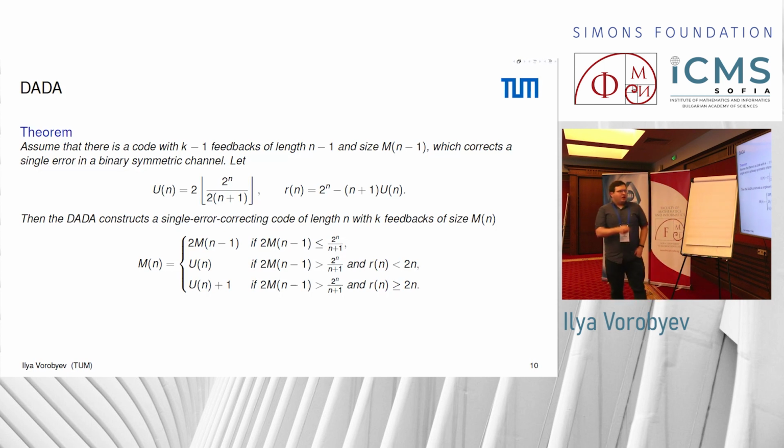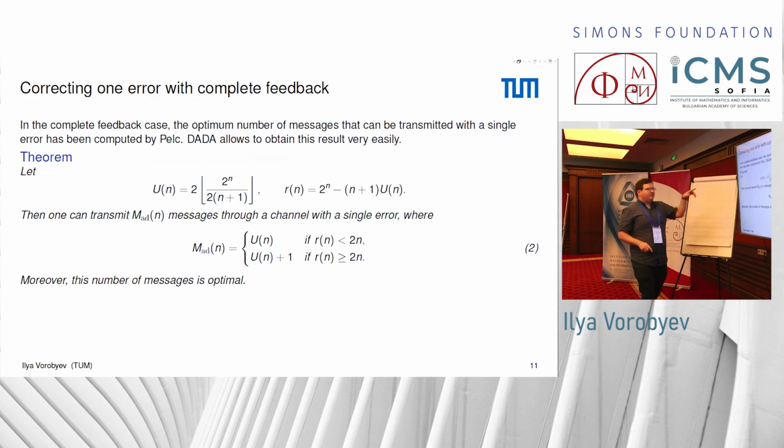Okay. And for example, we can use this algorithm to prove again this result by Pelc. So in the case of complete feedback and 1 error, the optimal number of messages is known. It was computed a long time ago. But our algorithm allows us to repeat this result in 2 lines. So this is the optimal number of messages. It equals u(n) or u(n+1), depending on some